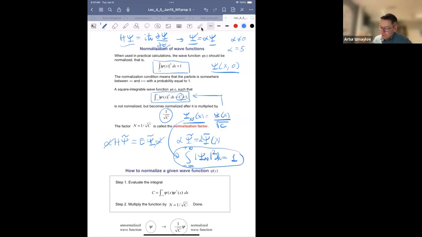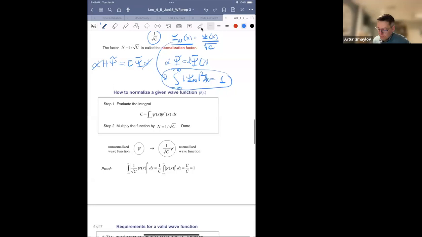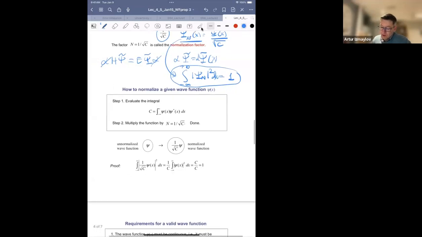And that's easy to see. Here's the sort of derivation, right? So you could see that after calculation of the constant, you just do some division by the square root of this constant, and then the new integral will be given by C over C, which is 1. All right, that's the process that you'll be doing quite a bit in the homeworks, just to get some practice